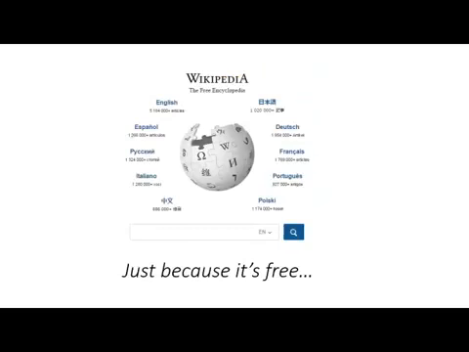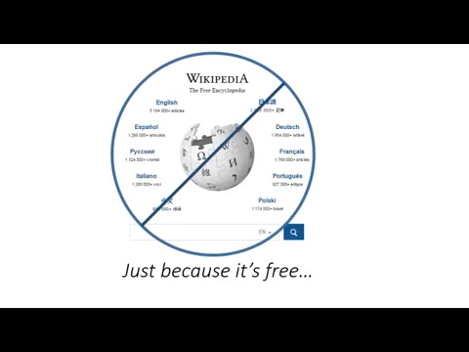One final note on a frequent misunderstanding about common knowledge. If a work is free to access, or if there isn't a specific author, as in crowdsourced sites like Wikipedia, this does not mean that it's common knowledge. These are two completely different concepts. Information found on a site like Wikipedia or other free websites still needs to be cited. Now, whether Wikipedia should be used as a source in an academic paper, that's a question for another video.